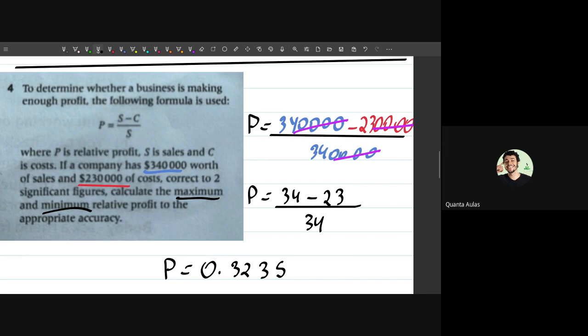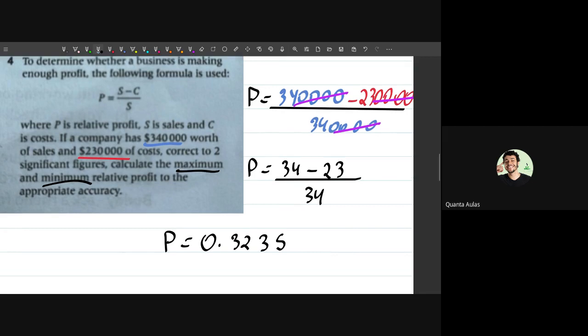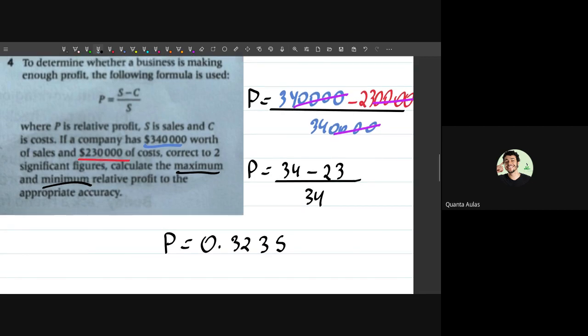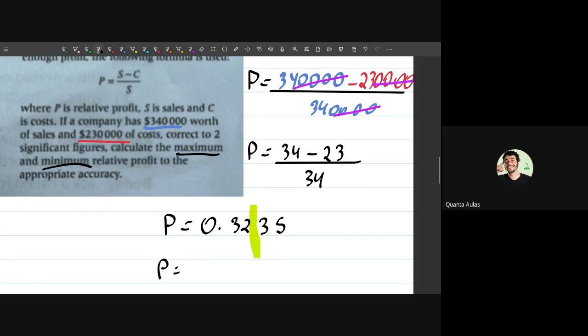I don't know if it is only the total or after the decimal, this kind of count. Okay, you need two significant figures, so you need to cut here. So 0.32, or it's a relative, so it's a percentage,